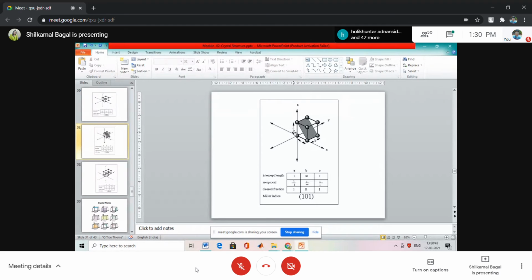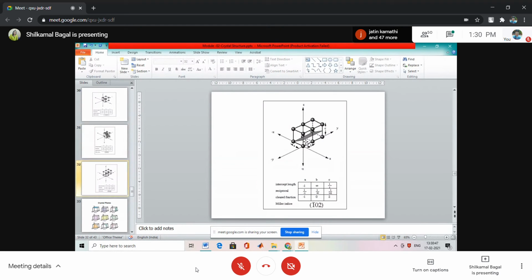We can draw it, but we have to draw within 1 unit cell only, and so here origin is taken at this corner. Okay, so if our origin is here, then this one is A, this one is B, and this one is C. So we will get the negative side of the axis A, and that is within the unit cell. Now we can draw the plane having the given Miller indices, from which we will get the intercept made by this plane by taking reciprocals of the indices.